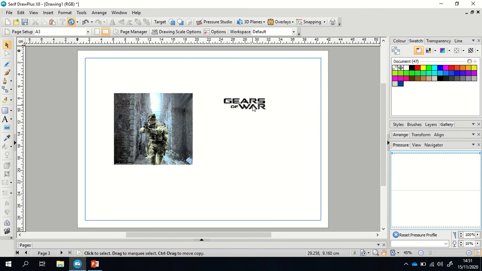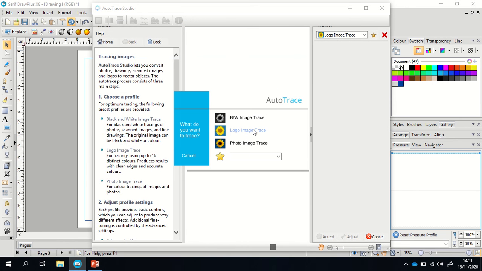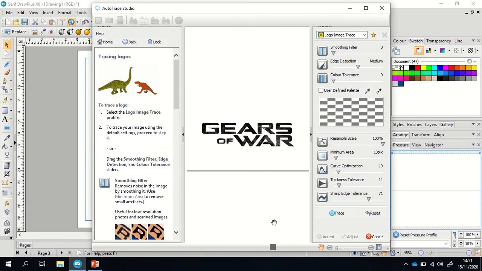Now at the moment, this is a picture taken from the internet and I can't change the colour. If I was to go to swatch and select red, it just changes the background. It doesn't really change the colour. I want to just remove the background and change the colour of the text. So what I'm going to do is select it and use the auto trace command and trace it. It's like a logo. It's not a picture, so I'm going to trace the logo, or using the logo trace, click trace, and then